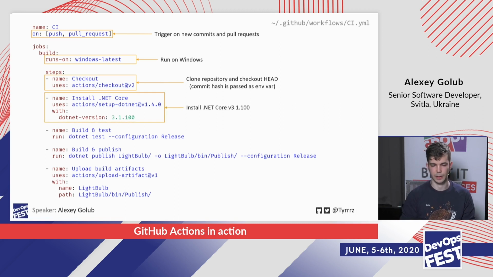Then the next step is that I just need to install the SDK. Because I use .NET, I'm going to install .NET. Of course, if it was something else like JavaScript, I would install Node.js. And again, in the Actions organization, they have a lot of those actions already ready for you to use. So you would use setup-node if that's what you need. Here I'm just using setup-dotnet. And as you can see, it also takes some parameters. So in the with section, I specify the version of the SDK that I want to use.